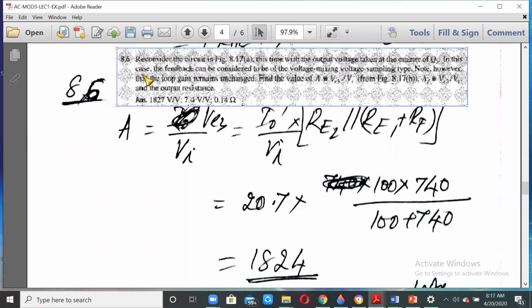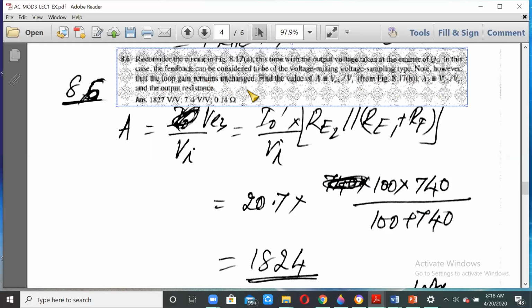Okay. Next problem is to reconsider the circuit of 8.17A, this time with the output voltage taken at the emitter of Q3. In this case, the feedback can be considered to be the voltage mixing, voltage sampling type. Note, however, that the loop gain remains unchanged. Find the value A is equal to VE3 by VI, and AF is equal to VE3 by Vs, and the